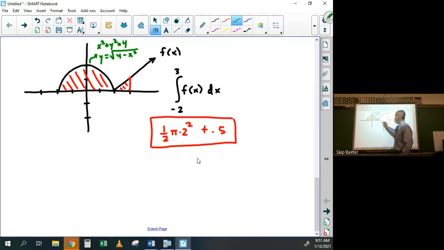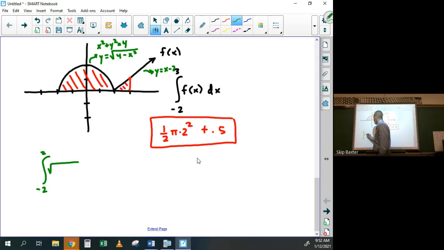Right? And I know this line right here, it's a line of slope 1. If I had continued to draw out with slope 1, it would cross through the y-axis at -2. So this line right here is y equals x minus 2. Does everyone agree? And so I could have just done the integral from -2 to +2 of the square root